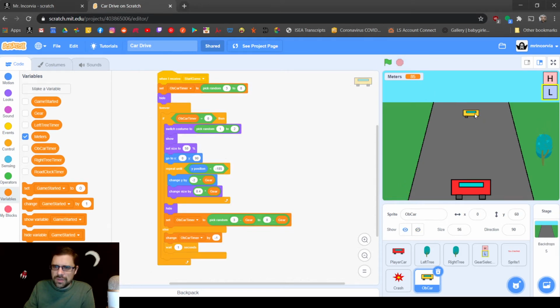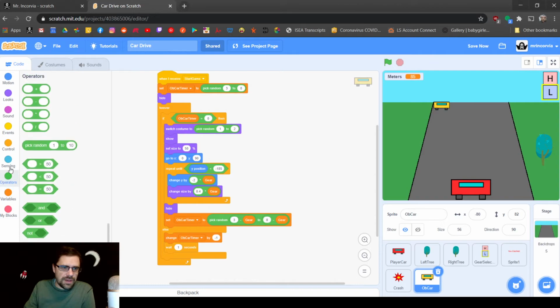So let's also mess with the y coordinate here. So this is, we can do negative 80. So let's grab a random block and we'll do negative 80. And then over here, we will do positive 80. Well, that makes sense, right? Negative 80, positive 80. So instead of just showing up,